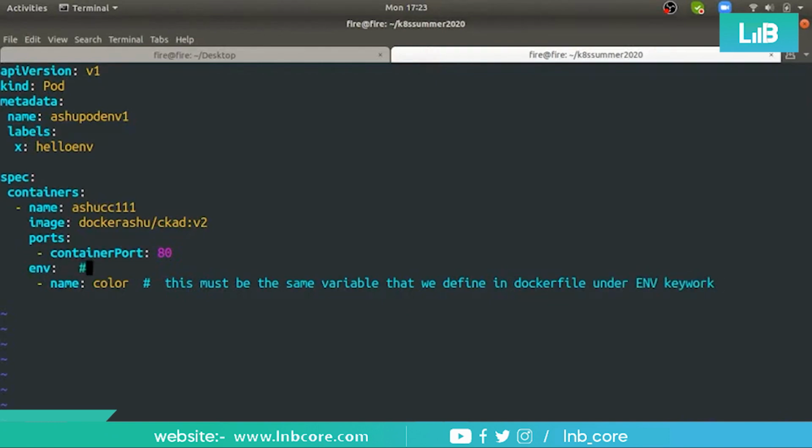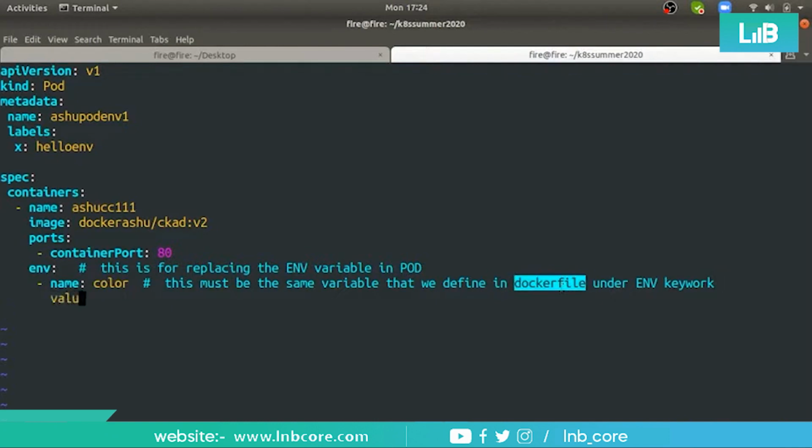Okay, this is for replacing the env variable in the pod. So the color variable you need to remember from your Docker file, or you can take that script out.